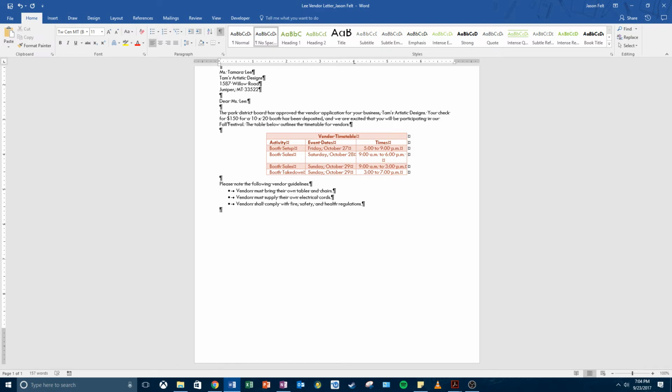Now we're going to finish up by giving the closing paragraph. We're going to press enter once again to get that extra line. And we're going to type in the remainder of the text. So the remainder of the text is, we also request that all vendors donate one item from their booth to our fundraising efforts. We look forward to your business,